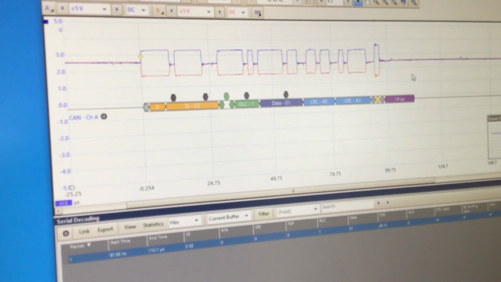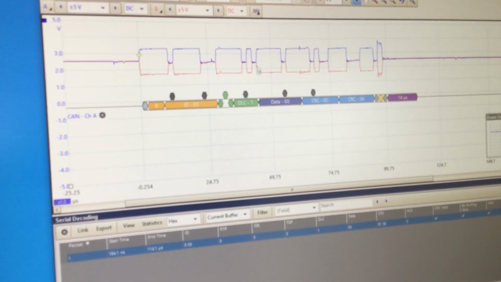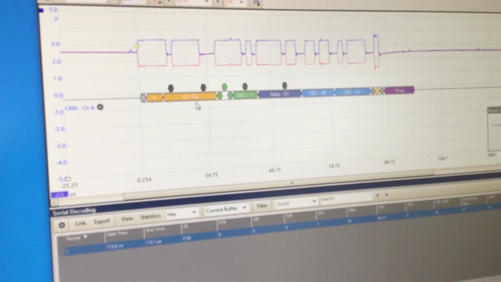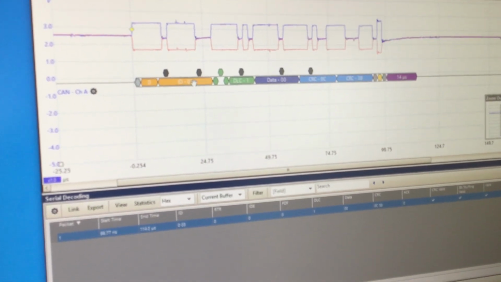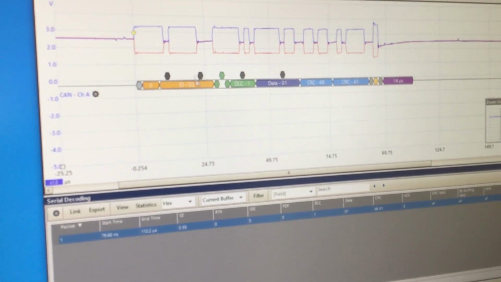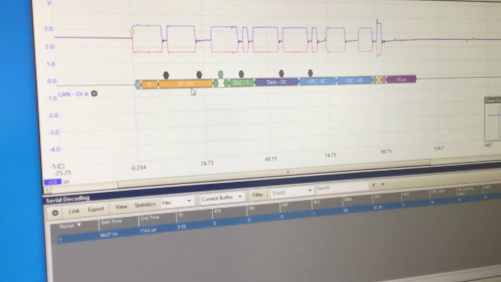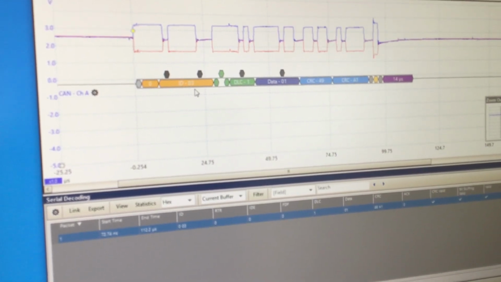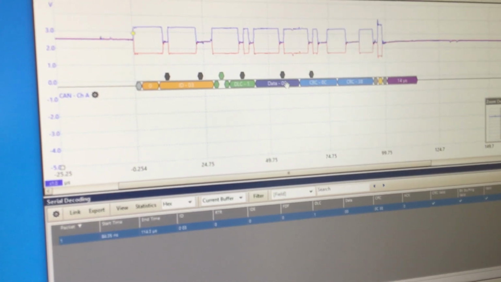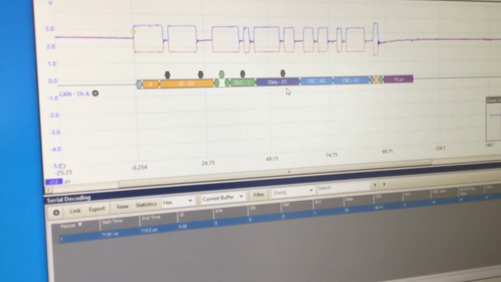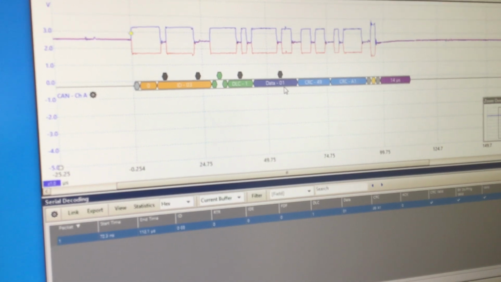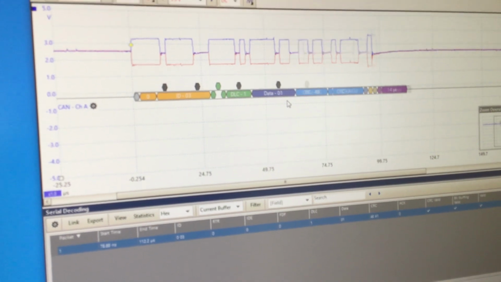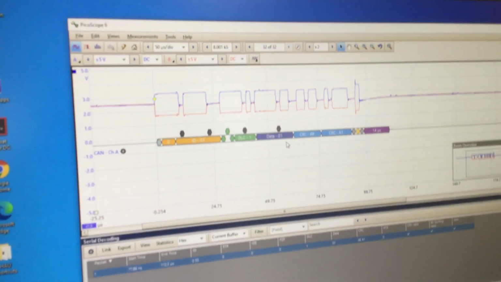The CAN messages are split into various data, various individual chunks, and at the beginning of the CAN message we've got the ID. So this left indicator is ID 3 there, you can see the 3. And the data being transmitted is this one here, 0 and 1. Presumably 0 for off and 1 for on. So that's the output from the PicoScope using the CAN